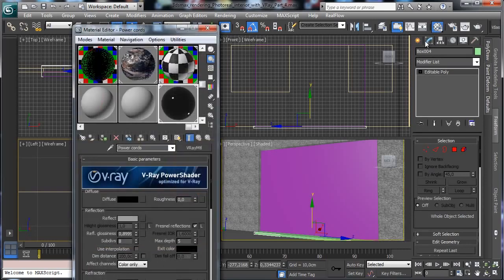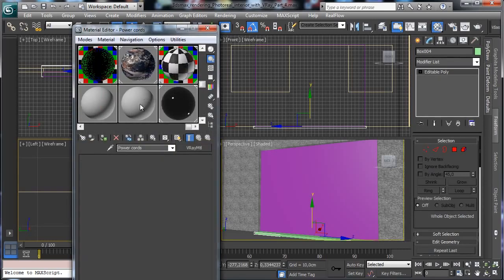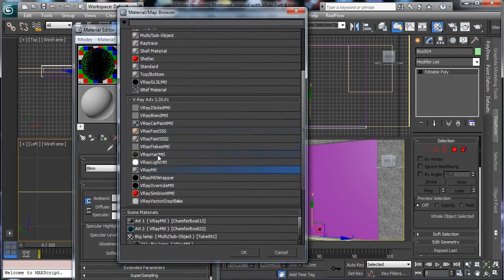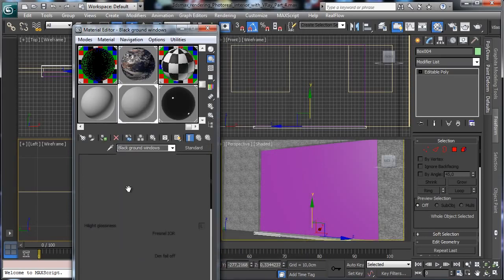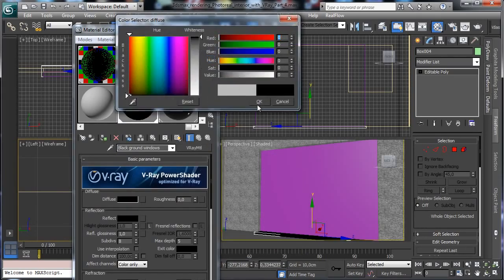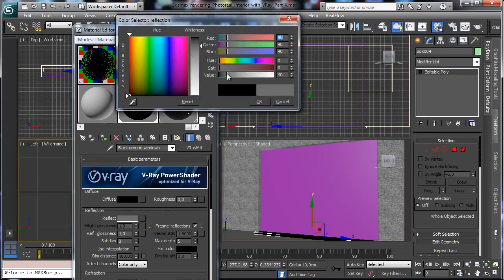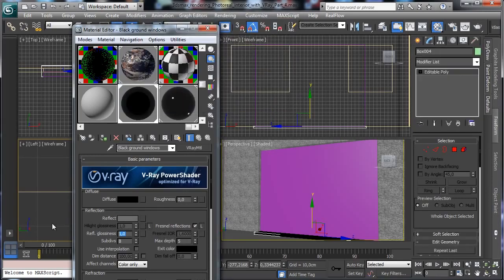This one can have a black color, black ground window, I'll assign, and this one will be material V-Ray, black color, and we go for Fresnel reflection with a little bit of reflectivity and a glossy, so 0.7. Okay,